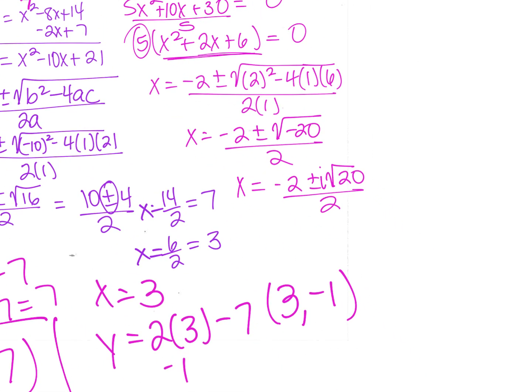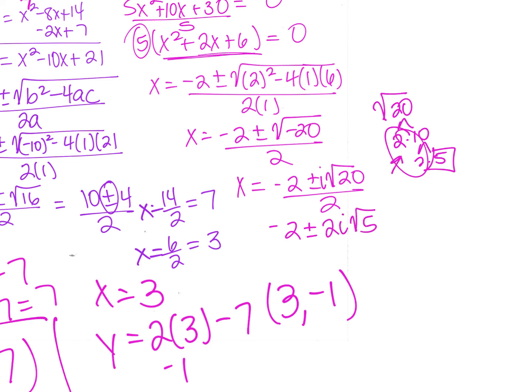I need to see if I can simplify it. So square root of 20 is not perfect, but I can use a factor tree. 2 times 10, 2 times 5. So this is -2 plus or minus, I'm going to bring the 2 out because I have a pair. So 2i square root of 5 over 2. Now, remember we talked about reducing. We can only reduce if these outside numbers can be. They can all be divided by 2. So that's -1 plus or minus i square root of 5